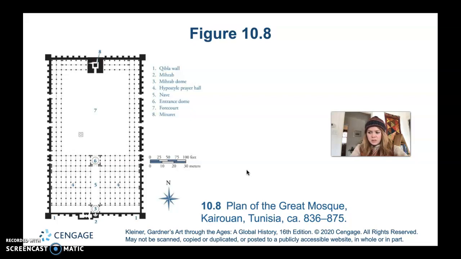In some mosques, a maqsura precedes the Mihrab, and the Mihrab is down here. Sometimes a maqsura precedes that, and the maqsura is an area that's reserved for the ruler, and it can be quite elaborate. And many mosques feature at least one minaret, which are towers used to call the faithful to worship. So typically from the minaret, there might be somebody that goes up there and calls out. Actually, I went to Turkey and they had minarets on their mosques, but they had speakers at the top of the minaret that would call worshippers to prayer. But back in the day, somebody would be up there yelling probably, or I'm not quite sure if they had any instruments that they would bring with them, but